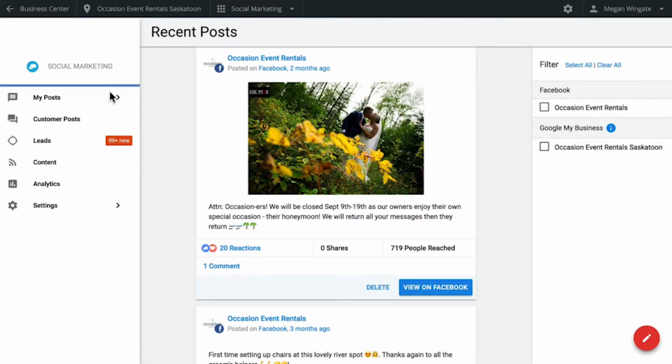Manage your business's Facebook, Instagram, Twitter, LinkedIn, Google My Business, and Google Plus profiles, all from one place. Welcome to your social dashboard. This unique social media marketing solution allows you to effortlessly compose and schedule engaging posts to multiple social profiles simultaneously,